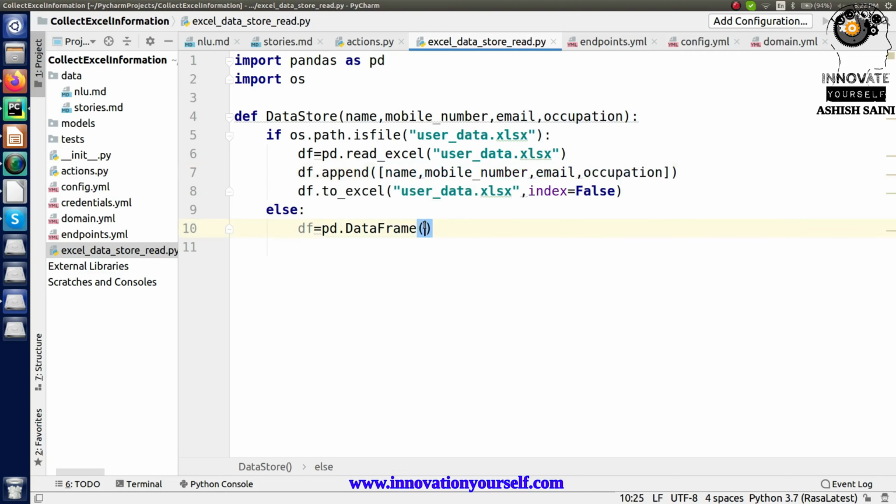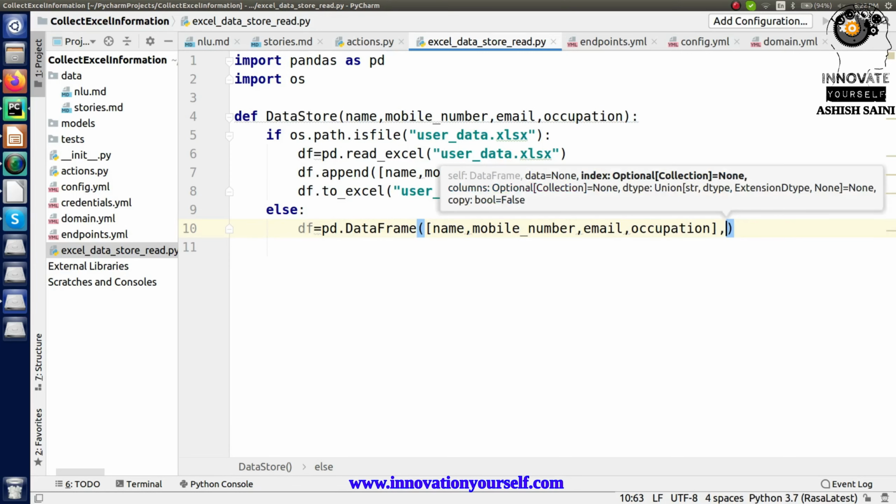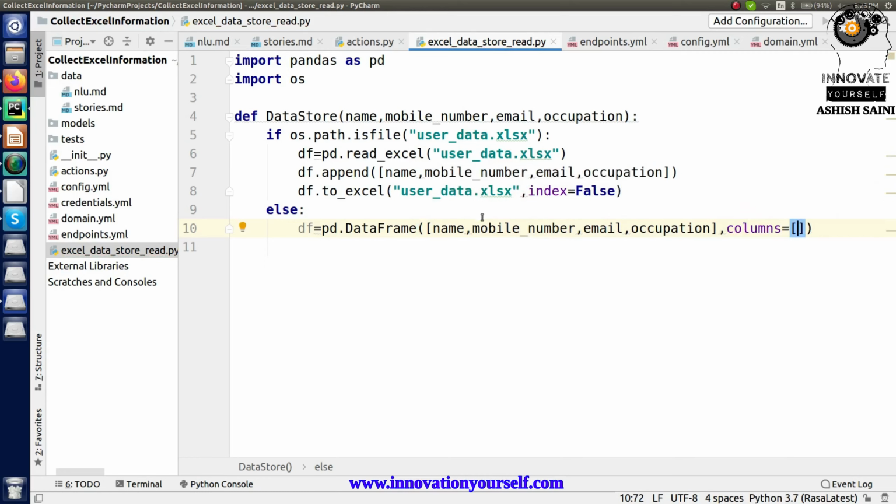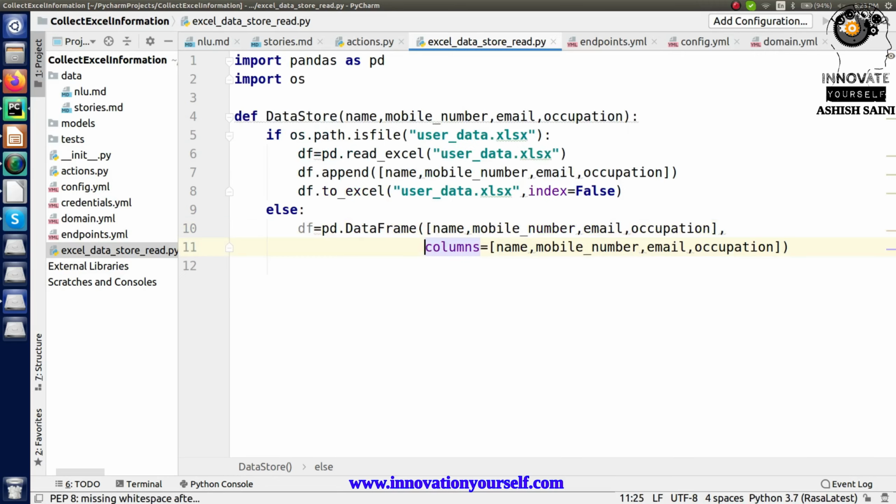So this is the data that you're having, and also you have to specify the columns. What columns do you want to write in here? I want to give this name only, so let's paste it, and in here just mark it as a string so that it will be treated as a value for your column, right? So this is what I'm doing right now.